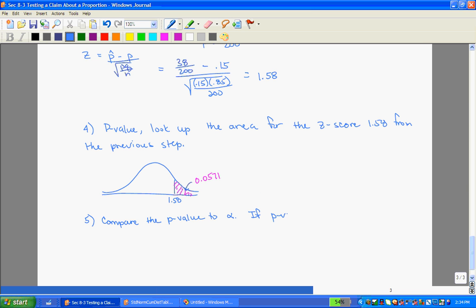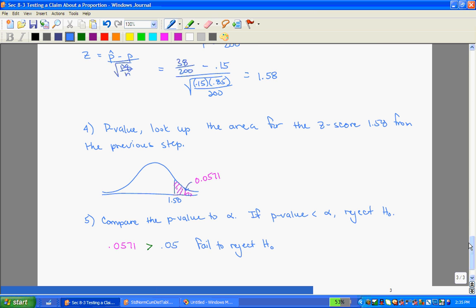So if the p-value is less than alpha, we're going to reject H naught. So the p-value we got was 0.0571. And I'm comparing that to alpha, which for us was 0.05. Well, 0.0571 is larger, so we would fail to reject